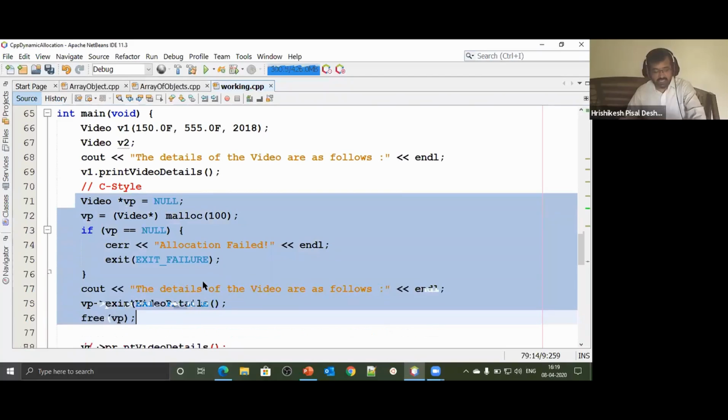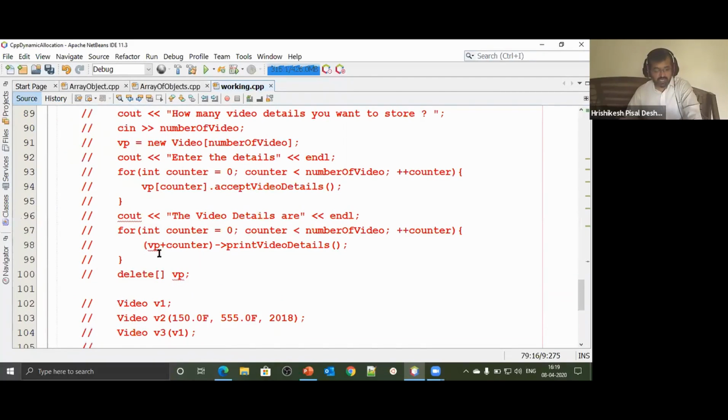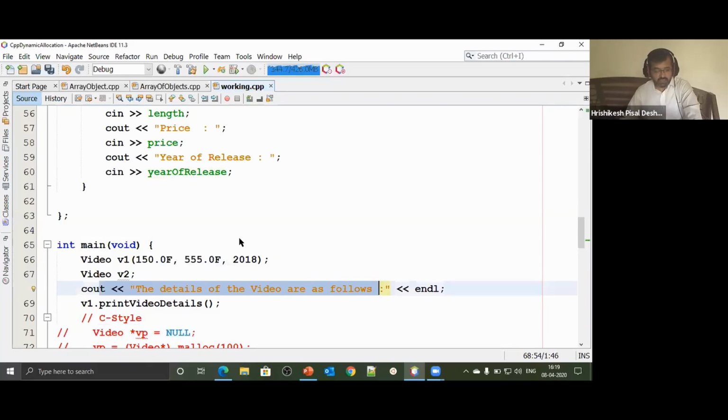So there is nothing dynamic that we have done. Here it's a regular code that we have written. We have a class called video, and we are constructing objects of class video, 2 objects of class video, and then we're printing the details. Just to make sure that